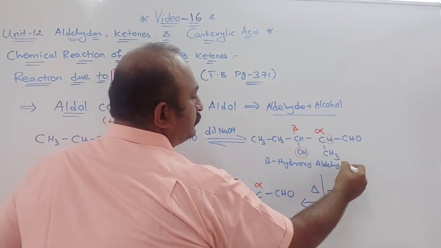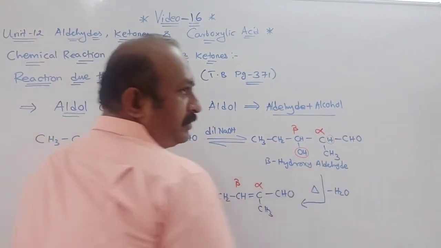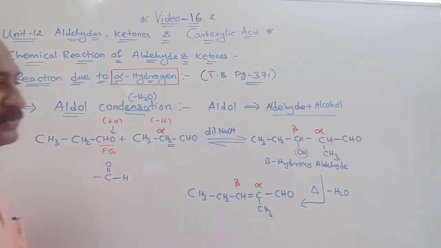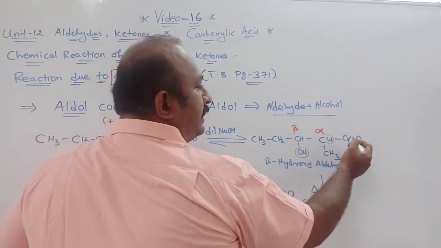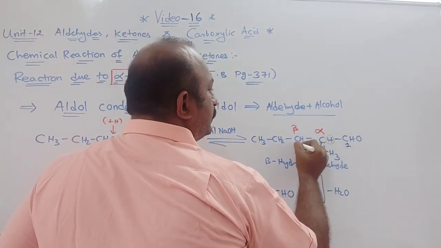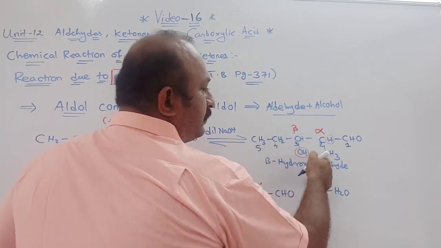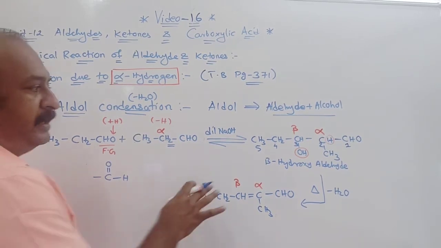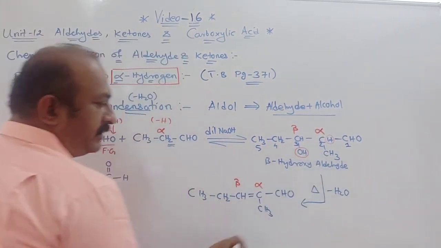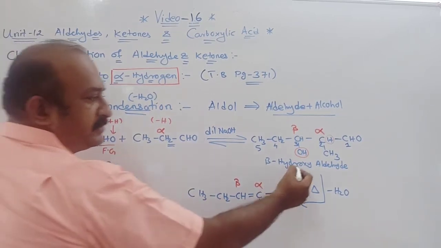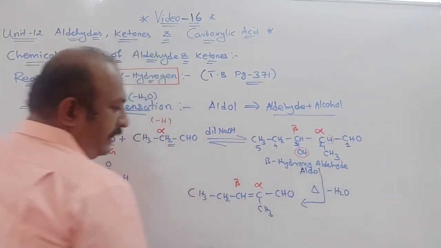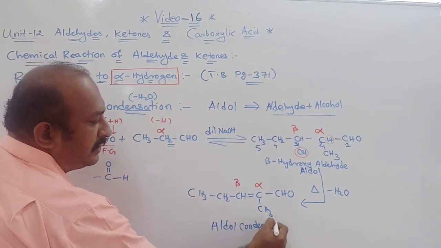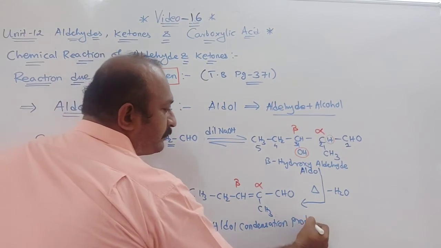Okay. So this was your beta hydroxyaldehyde, or beta hydroxy product, what we say. In your book, what is given there? Beta hydroxy product, beta hydroxyaldehyde. Now if you want to name it, you can name it like this: 1, 2, 3, 4 and 5. So it will be 3-methyl 3-hydroxy, like this you can name this compound. Or this is the beta hydroxy product; from this water is removed, and this is the aldol you got. Okay, and this one is your aldol condensation. What is the word? Condensation product, what we say.